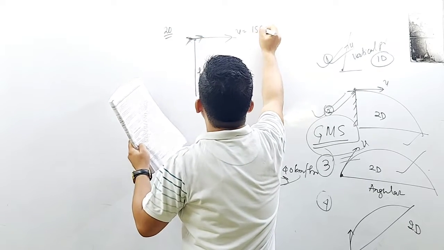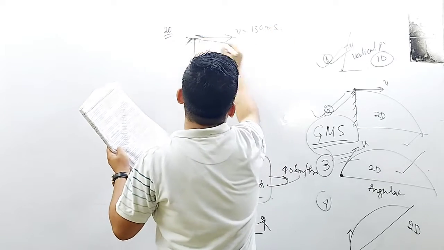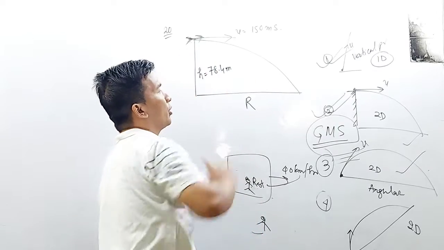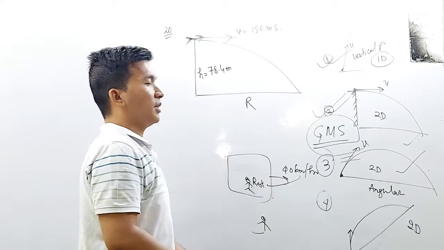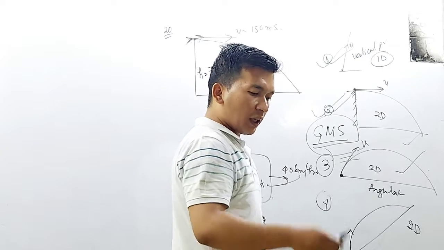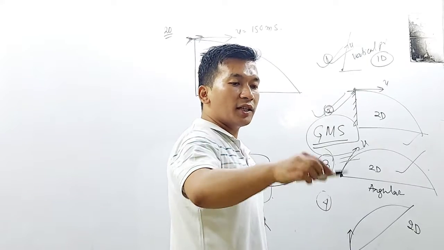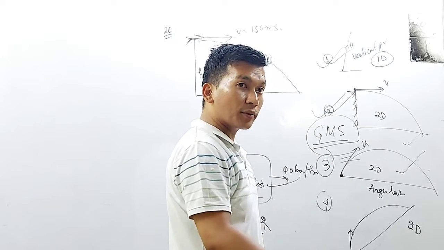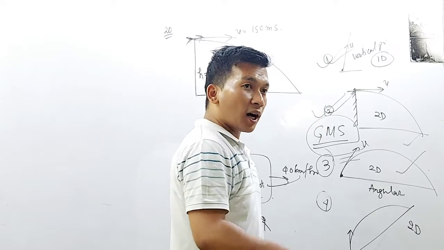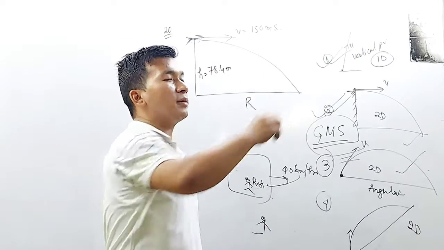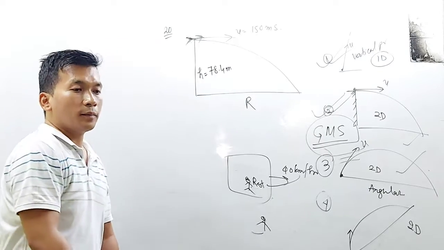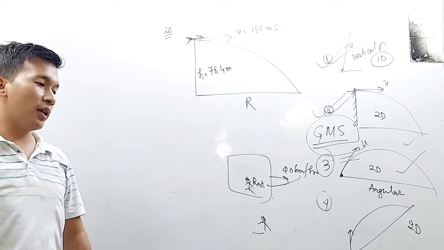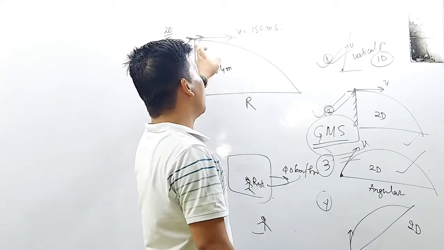150 meter per second, the projectile, you have to calculate the range. If I want this pen to hit this point, hit to 30, I can drop it from here. Drop to 30, however the airplane is running, you have to drop it some distance ahead. If you drop over here, due to your horizontal projectile